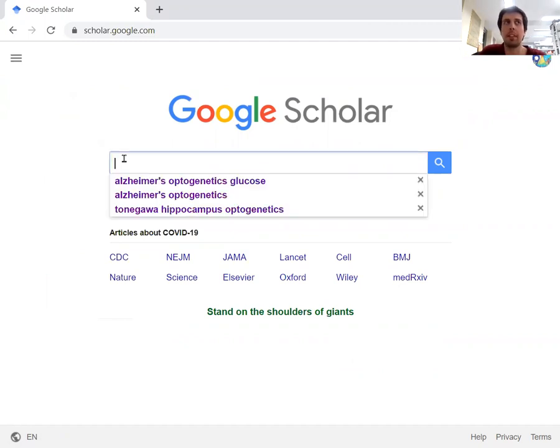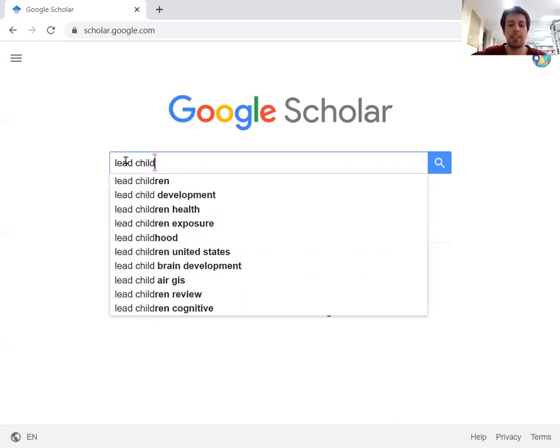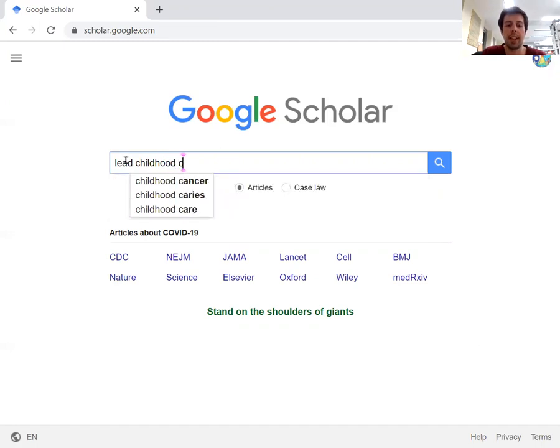Now, let's look for some examples. If you remember back to the Mendeley assignment, there were papers about lead exposure to children, and how that early exposure to lead led to long-term cognitive effects in children, including lower IQ scores, lower ability to succeed in school in general, lower socioeconomic status, all sorts of negative things. Now let's look up some search terms that would be relevant to this. If we look up lead, childhood, and cognitive,